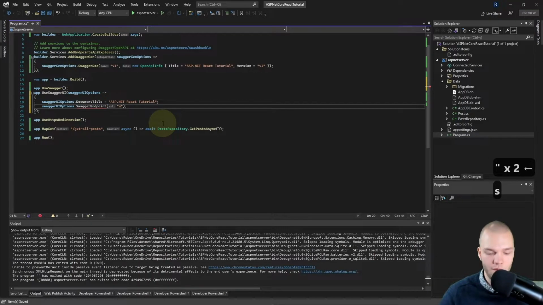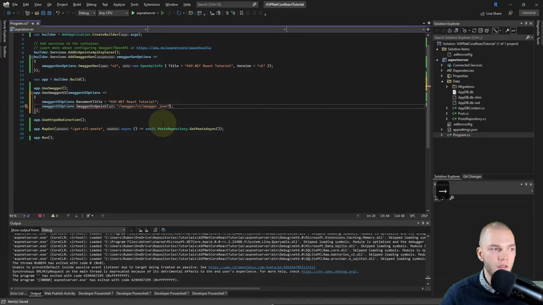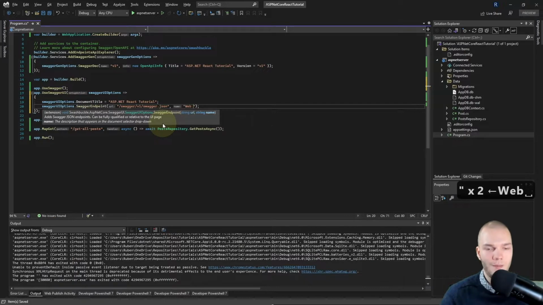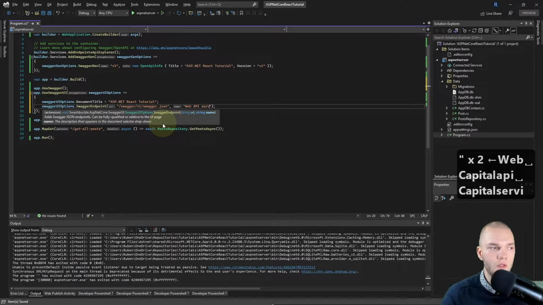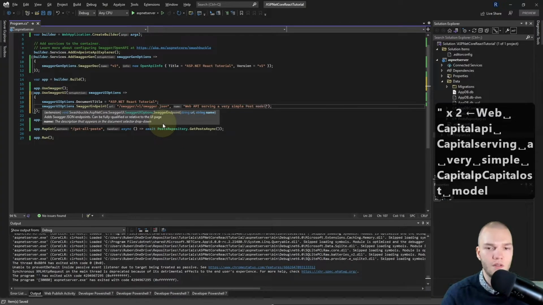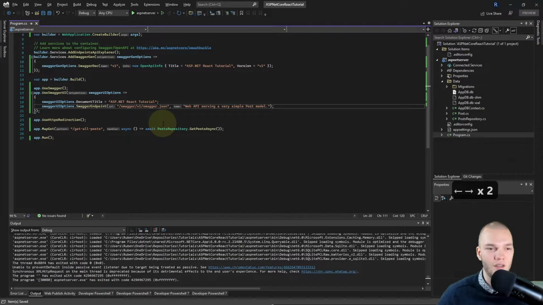There I'll do /swagger/v1/swagger.json, so that's the URL, and then for the name we will do Web API serving a very simple post model. So this is really the definition or the description, I guess.